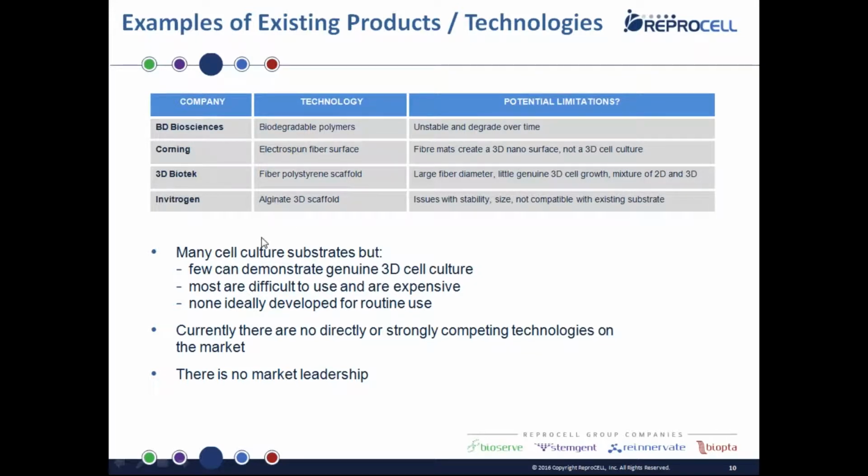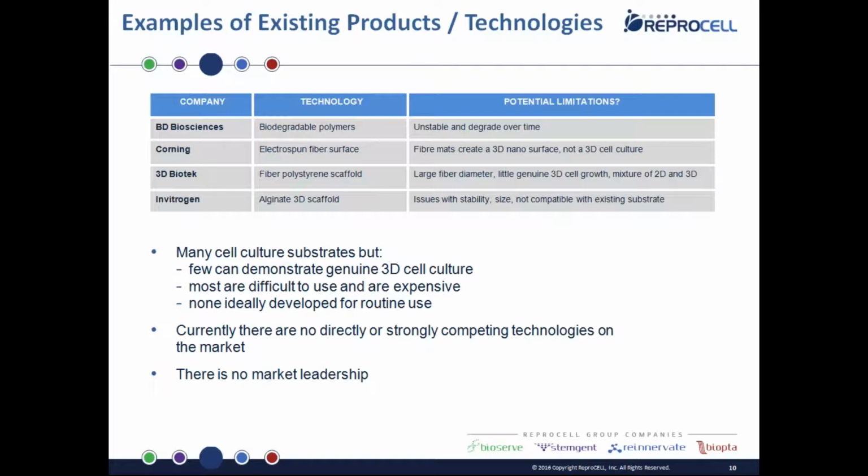So we find that the main problem with our competitors' technology that we can poke at is, are they getting genuine, real three-dimensional cell culture? And a lot of them don't. It's called 3D because it's an easy way to call it, but when you look at it, it's not really three-dimensional. It's generally more like 2D on a curved surface, or 2D on an elevated surface, but not really three-dimensional. A lot of them also are a little bit tricky to manipulate or to use